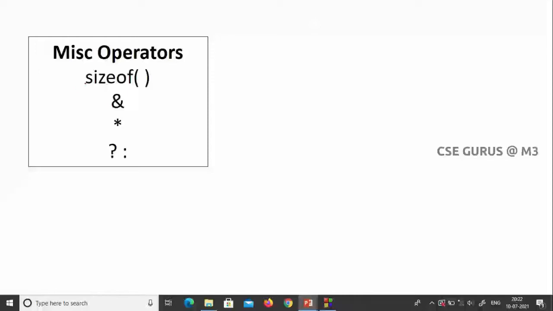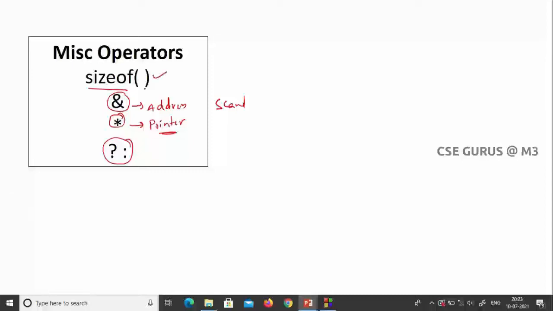So moving on to the next one, miscellaneous operators, like what is sizeof. This & is different from the bitwise AND. This is the address operator. Of course, we mostly use it in scanf, where you want to read the elements. And this * is different from the multiplication operator. This is the pointer operator. Of course, the concept of pointers in C I explained in my video lectures. You can watch those. And this is a ternary operator. I'll tell you how this can be executed.